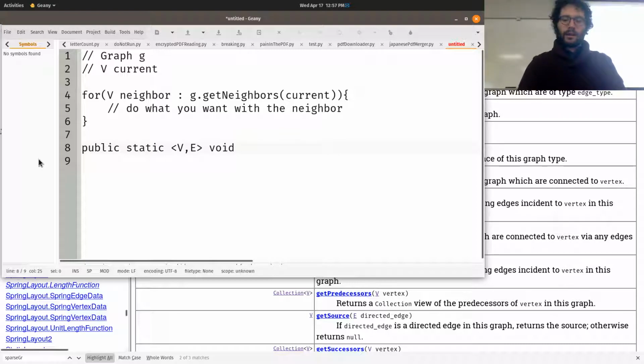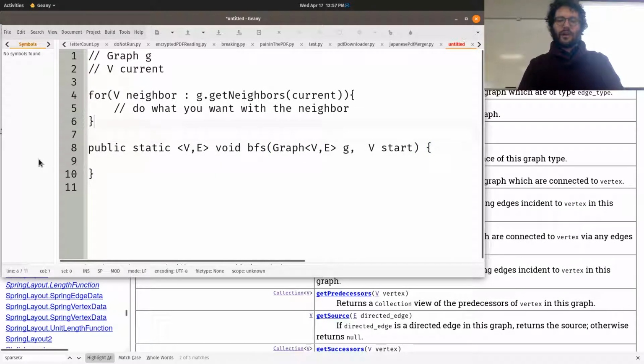Public static void. Let's call it BFS, breadth first search, and then graph G, which will have some vertices and edges, a graph of V and E. That way you don't have to type integer or string all the time. You can just do V and E, and then it will also work for any kind of graph you get. And then a V start point. If you don't want to give it a start point and you just want it to go automatically, instead what you could do